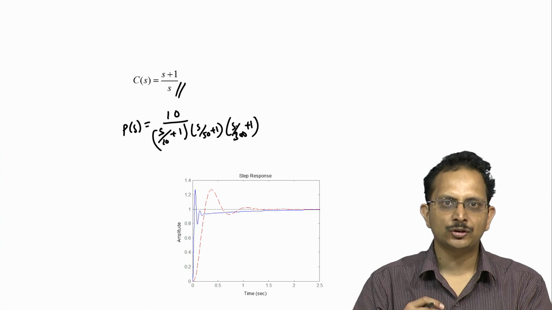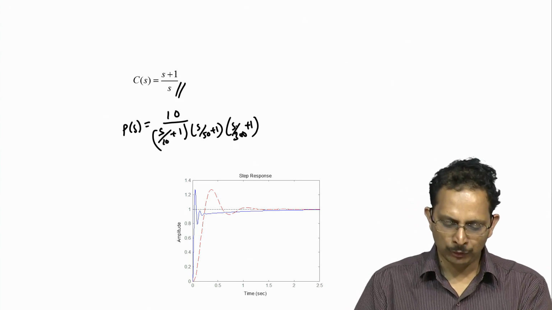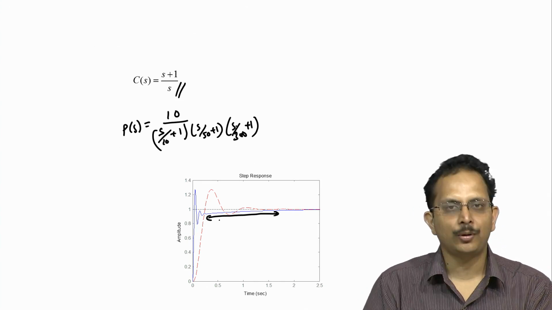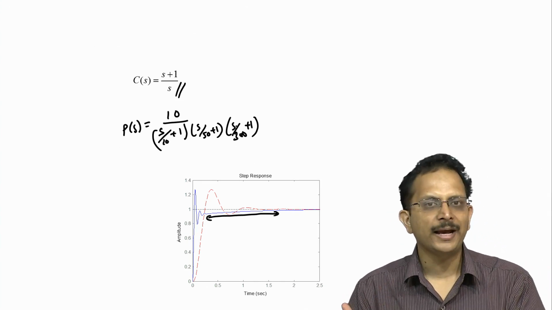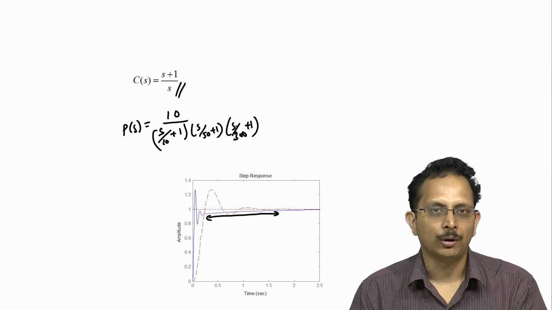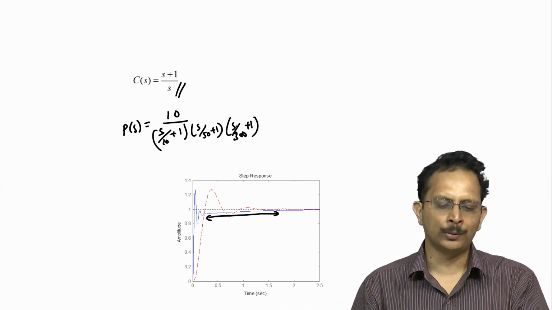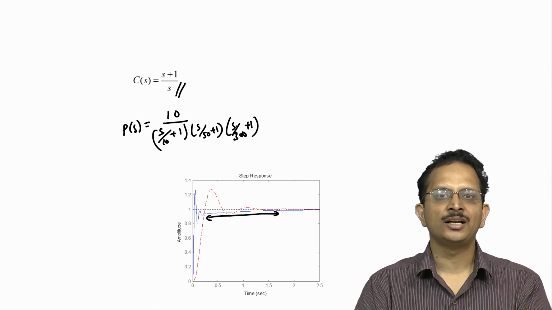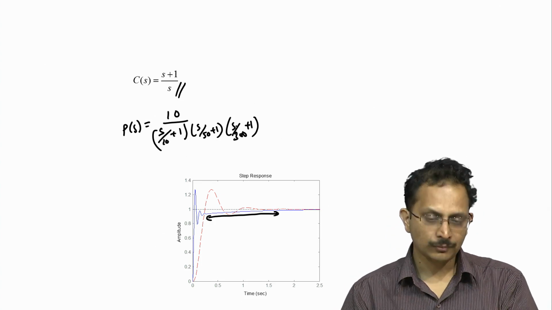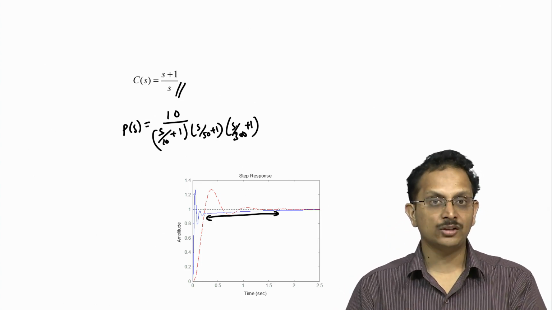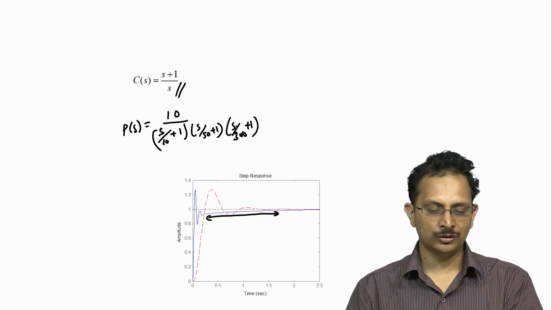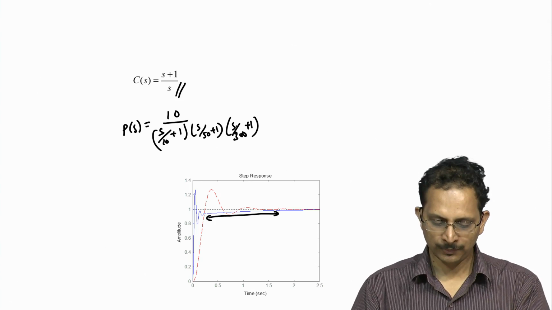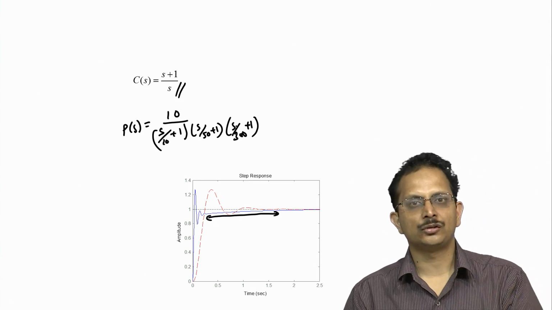When we plotted the step response of the closed loop system, we noticed that there was a long inexplicable tail in the response of the closed loop system that could not be explained by using Bode plots. There was nothing in the Bode plot of the open loop system that could hint at the possibility of such a tail existing in the response of the closed loop system. However, since root locus allows us to locate all the closed loop poles, in principle we should be able to answer this question by using root locus. How do we explain the existence of this pole?